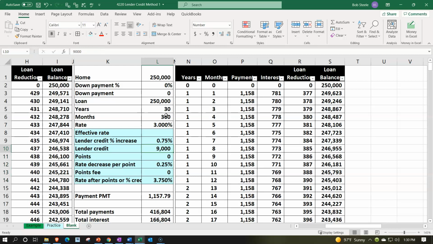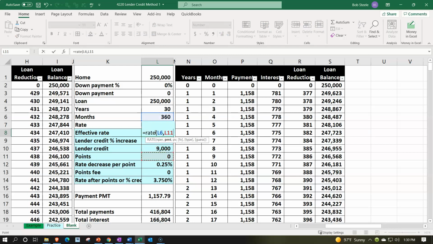So that's the idea. Now, the next thing we want to look at is the effective rate and say, well, what is that going to be in terms of the effective rate? That's going to be the rate that kind of rolls everything into one number, but it's over the life of the loan. We'll calculate that again with the IRR so we can double check and see that we've done this properly. This is going to be equal to the